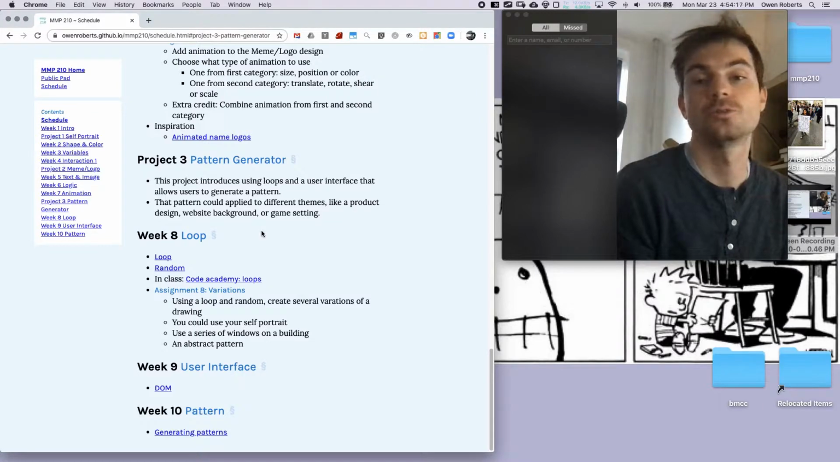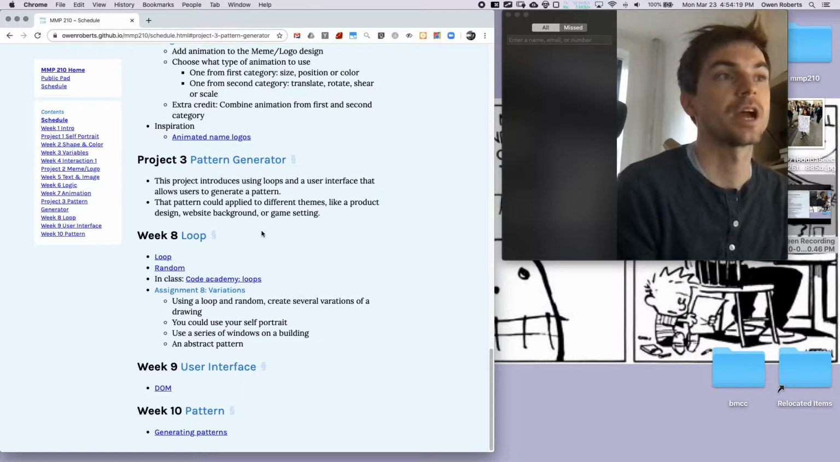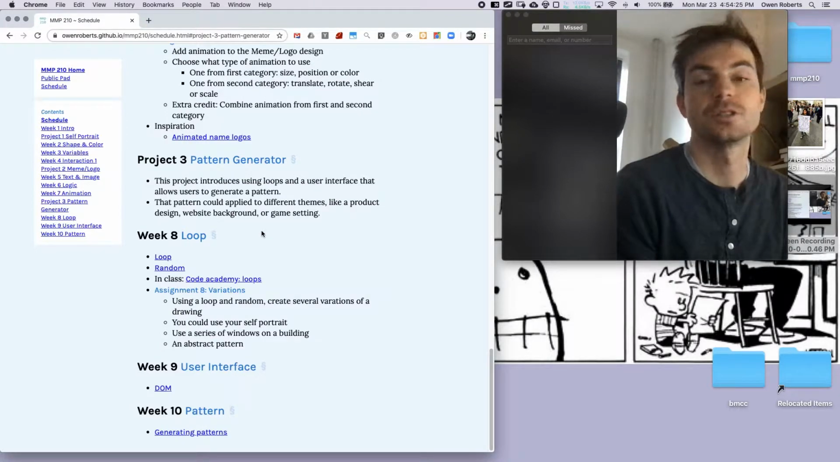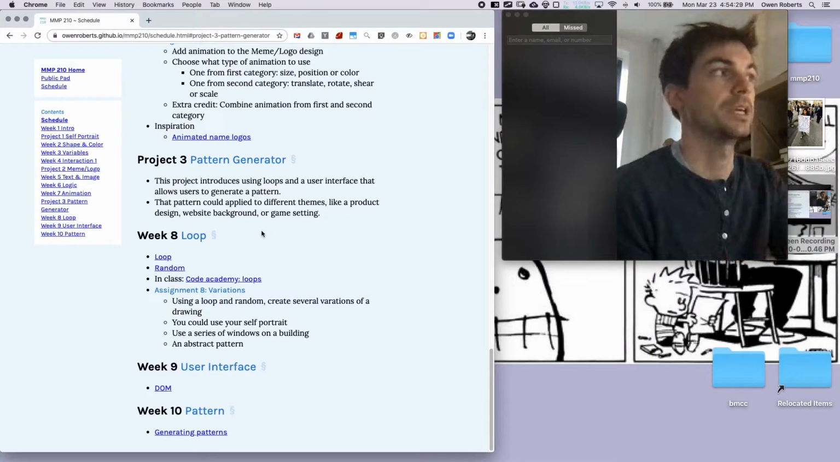You guys can choose what you want to do for the drawing. You can do something abstract. You could do a self-portrait. One of the options is that you could do a series of windows on a building, like anything that's repeated